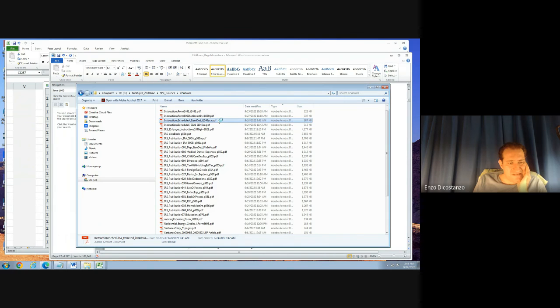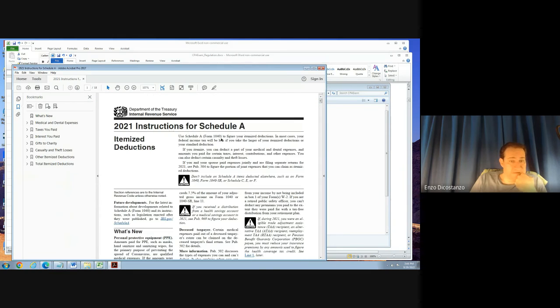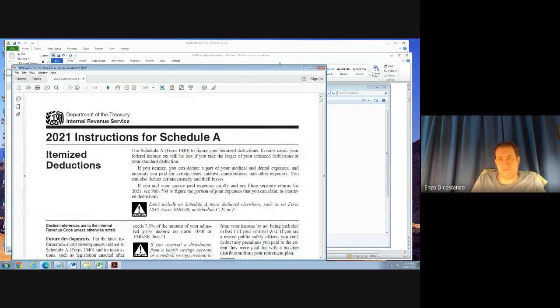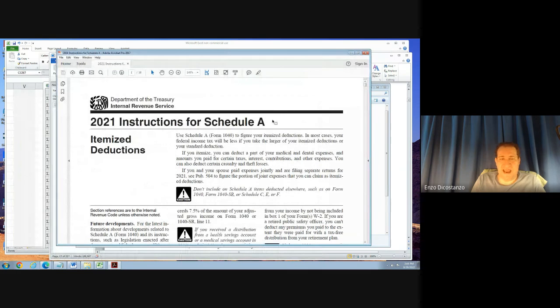Oh, yeah, this thing. Give it a second, folks. Sorry. This is the Schedule A instructions for itemized deductions. There it is. 18 pages. Okay. And as you look through this thing, you could just type in, instructions for Schedule A, itemized deductions. It says using Schedule